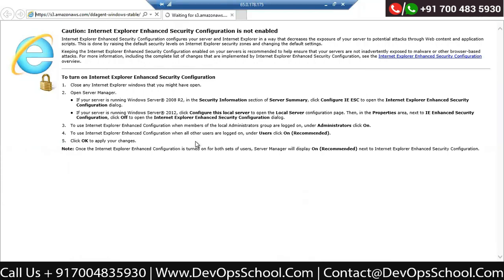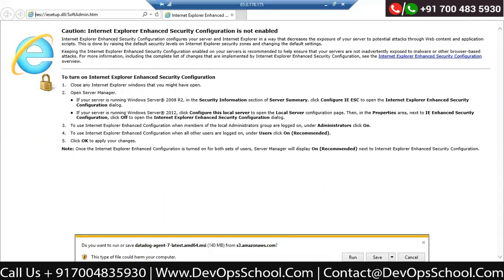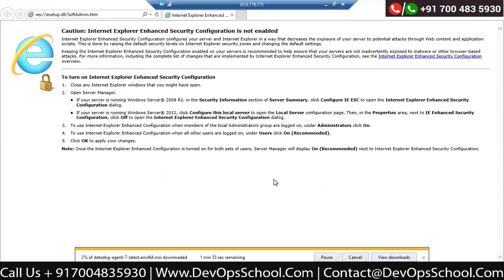Installing the exe, nothing great. So I'm installing it, saving it. It will get downloaded by default in the Downloads directory. And you see that the download is in progress, 13%, 14%. In AWS, the internet is pretty fast, so everything will be done in a short span of time.